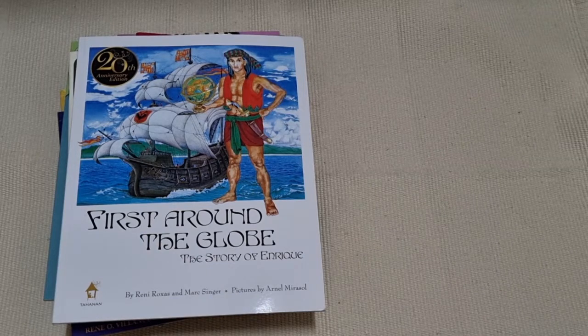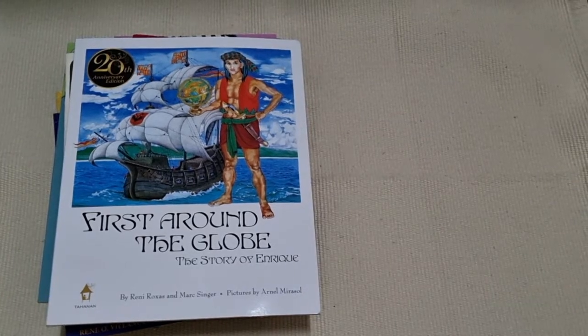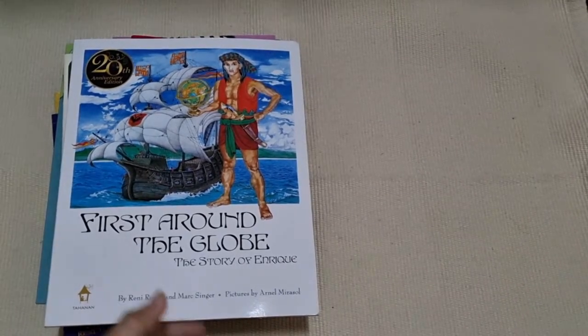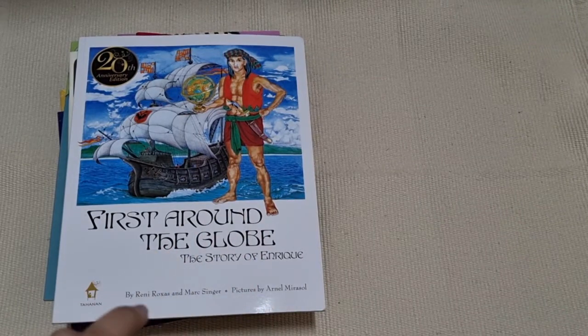So I'm going to share with you all of the books that we are going to tackle in grade 5 Phil Hist. First book is this, First Around the Globe, the story of Enrique. Enrique is the slave of Magellan. And some historians are arguing and believing that he is actually, in fact, the first man around the globe and not Magellan, because Magellan died in Cebu. So,